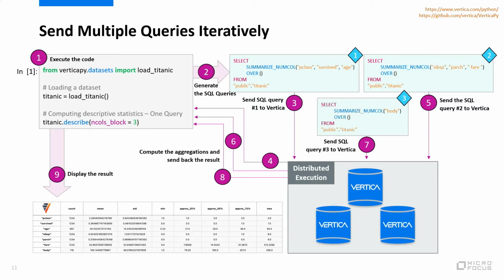And you can see that here, as I have 7 columns, it will split my work into 3 queries using 3 columns for 2 other queries and 1 column for the other one. And it's a way to not hurt the system and get the same result. And we will see after, in terms of performance, that it's still pretty good to do this type of